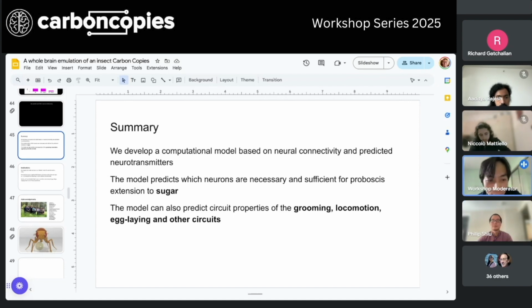Aditya Rajesh asks, is the existing mouse connectome data insufficient to test this fly modeling method on? Yeah, that's a great question. So the existing mouse data, there's the MICrONS data set, which is a cubic millimeter. The question is, how good is it for modeling of this type? I think